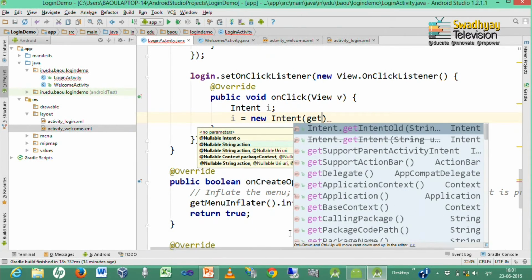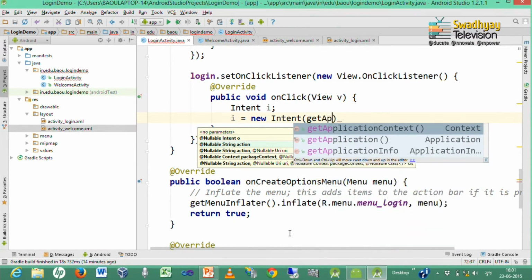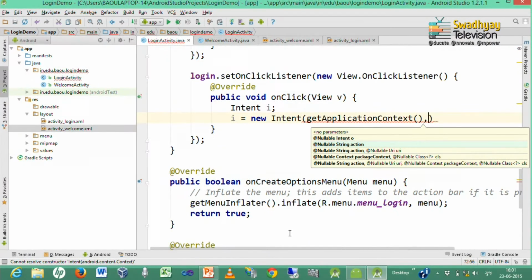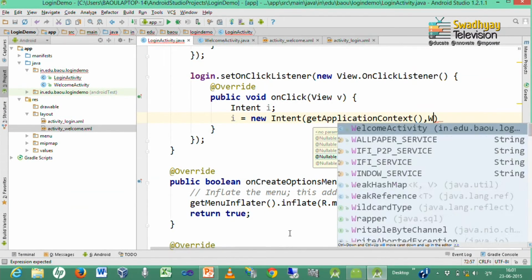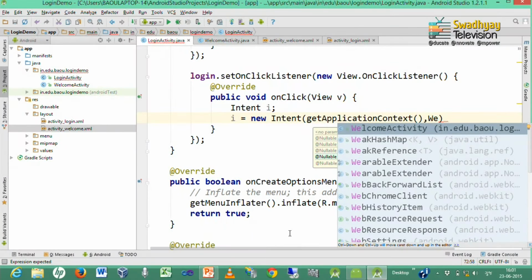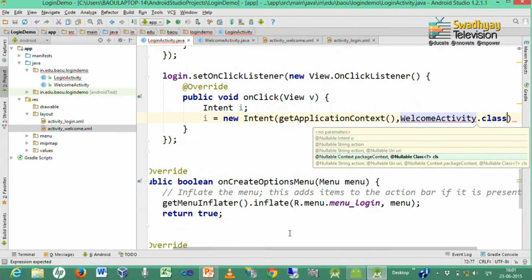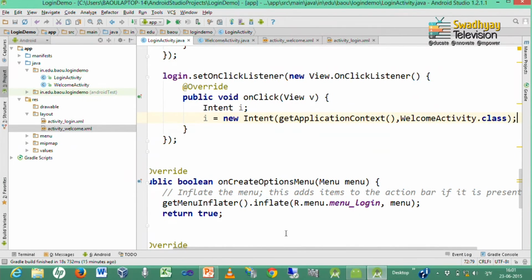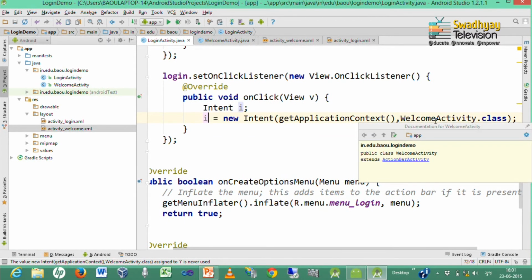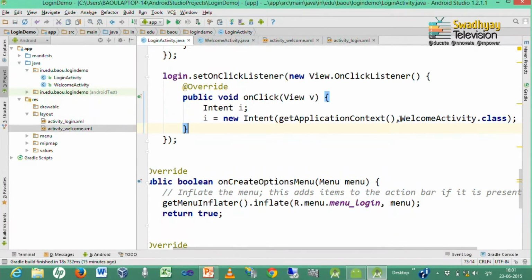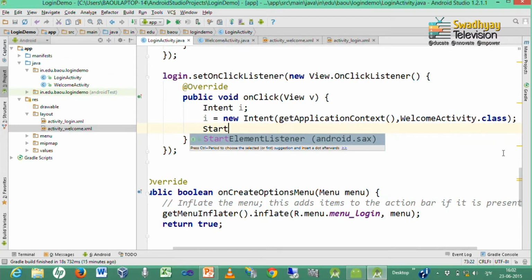Here we provide two arguments. First is the application context and second is the activity that we want to start. In this case it is a welcome activity, so WelcomeActivity.class. This intent is meant for starting the activity which is specified as the second argument, and you can call the startActivity